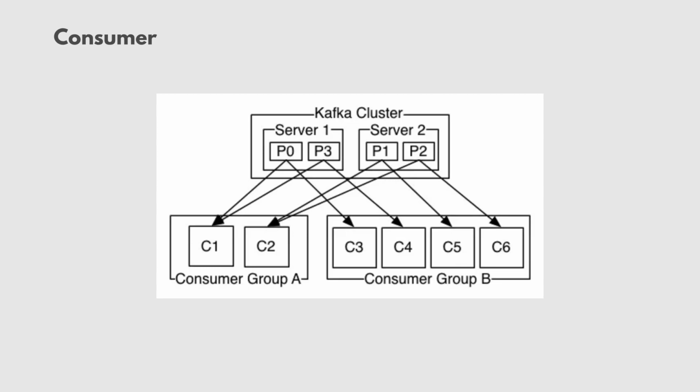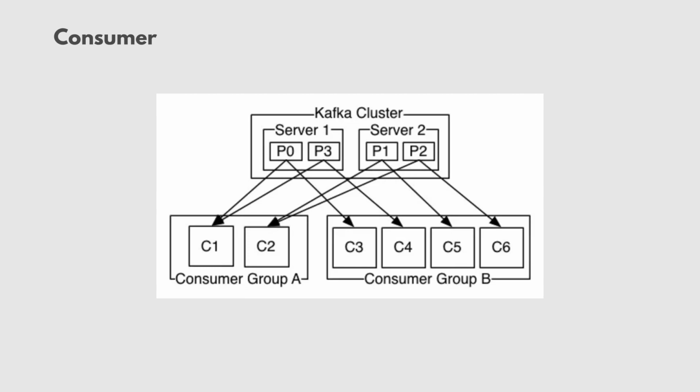In this case, there's group A that has 2 consumers, and there's group B that has 4 consumers, right? But each consumer in a group is assigned a different partition, but not the same partition. It's just to make sure that we're not consuming things that we're not supposed to, right? Each consumer is attached to an individual partition. So in this case of group B, C3 is assigned to P0, C4 is assigned to P3, C5 is assigned to P1, C6 is assigned to P2. Nobody's greedy. It's distributed evenly. Everybody gets their own piece of the pie.